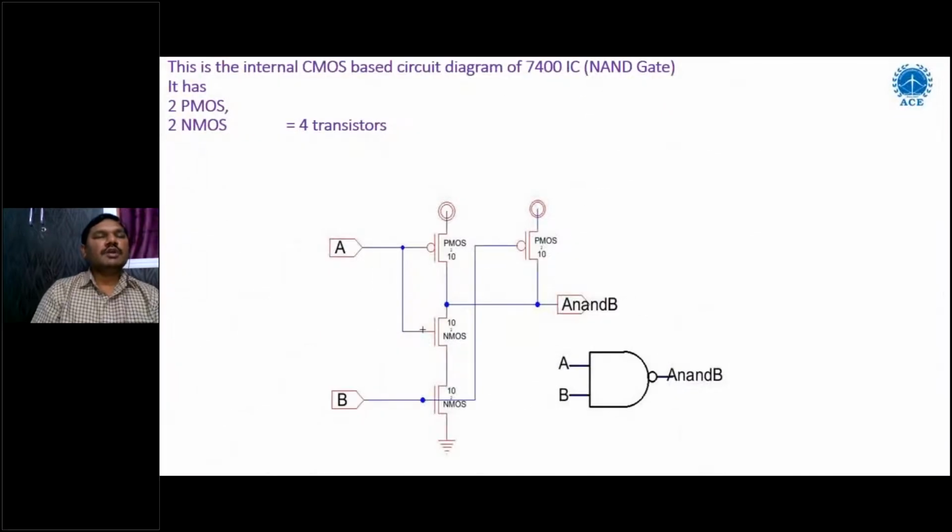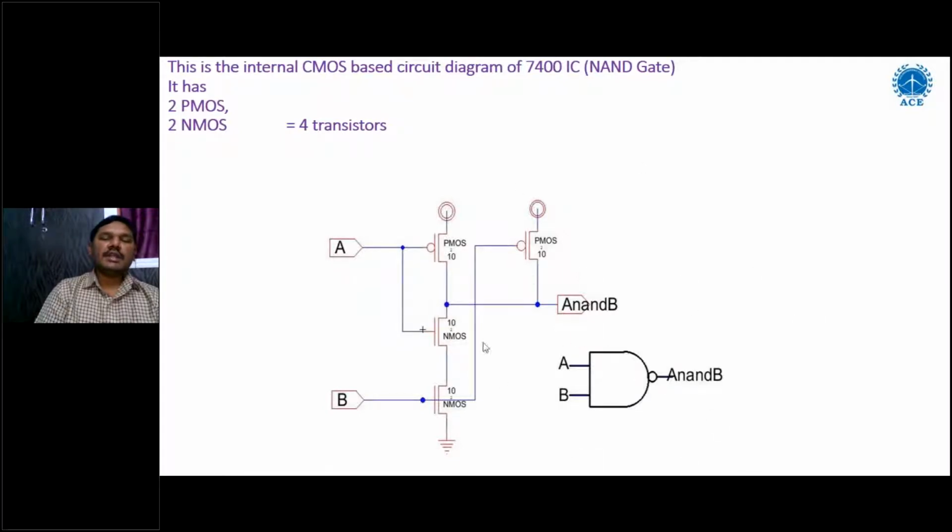So before going to the real session, I want to give some hints here. This is the diagram of a CMOS NAND gate. Usually we draw the NAND gate like this, but this is the symbol of the NAND gate. We have to remember this is not the NAND gate itself. This shows that it is the NAND gate symbol.